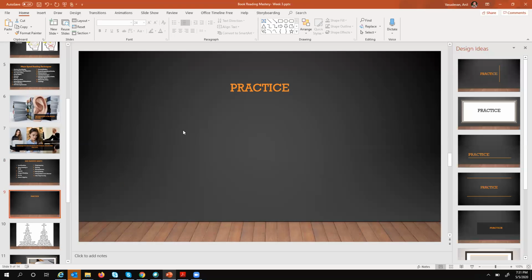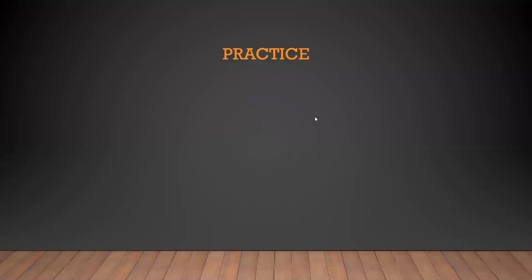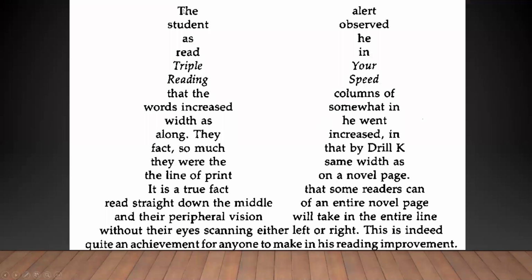So let us do one small practice also. I don't have any assignments or anything. We can just do it on the screen itself. Let's try to read this paragraph. The focus is you should look at the first word and then move your eye to the next word. And when it comes down, if there are 2 or 3 words on this first left side, you should look at them in a single fixation and then move to the right side. Just go ahead and read it.